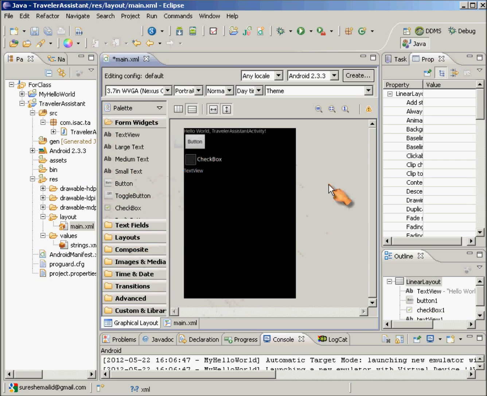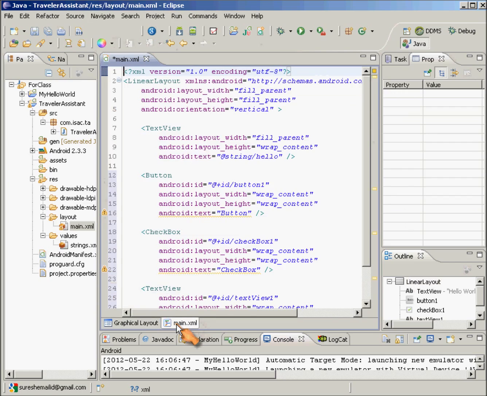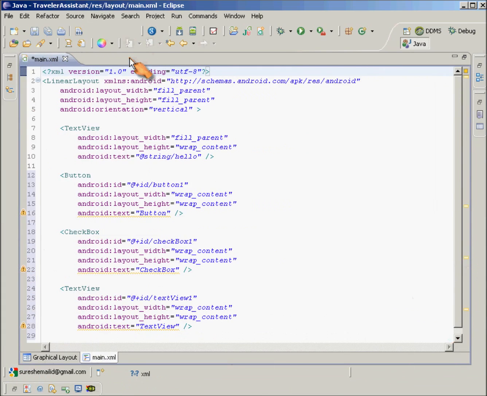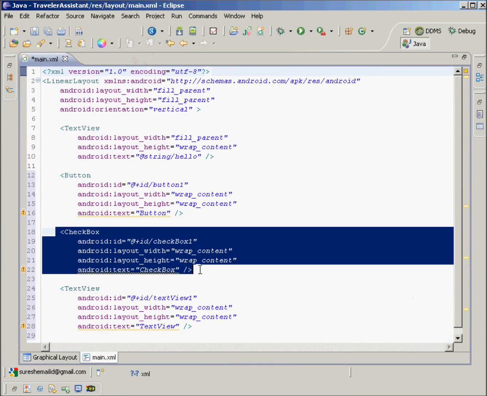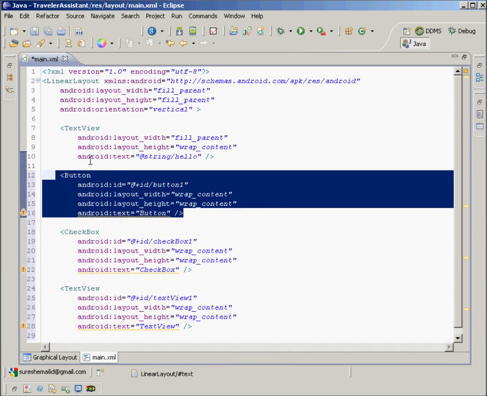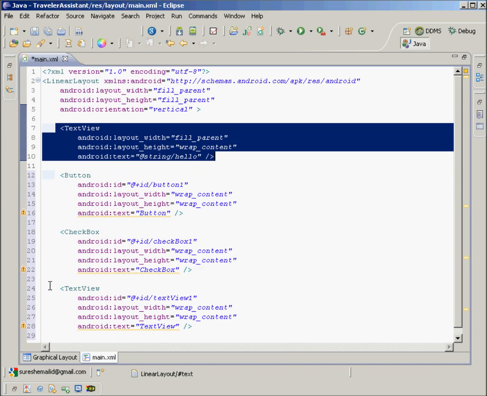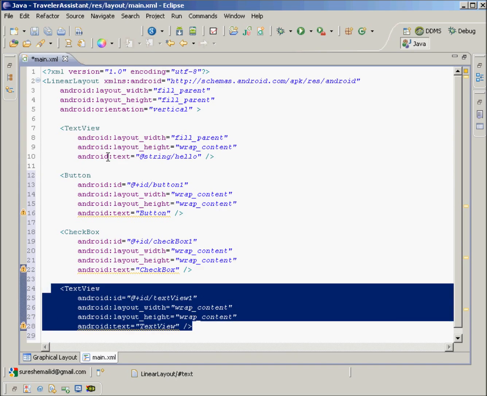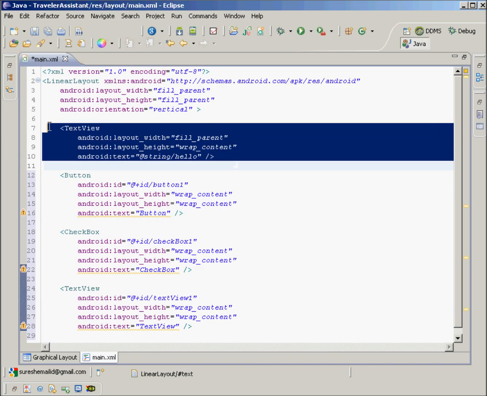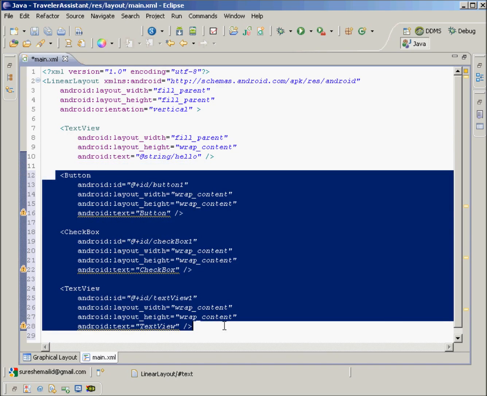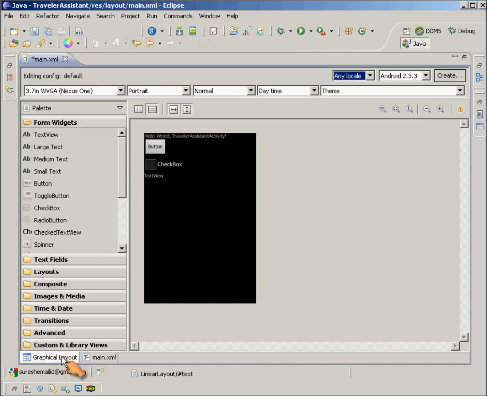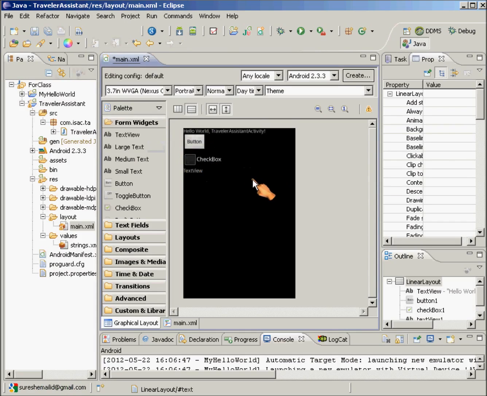While you are doing all of this, behind the screen this plugin is generating an XML file. Here is the XML file. It generated XML for the checkbox, for the button, for the text view. Okay, so this text view was there by default in the beginning. I added these three, so you have to be careful. You don't have to worry about all of this. Most of the time I design a screen using here, this one. Now when I put all of these things,